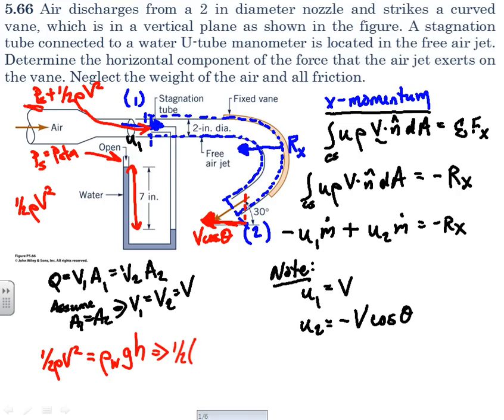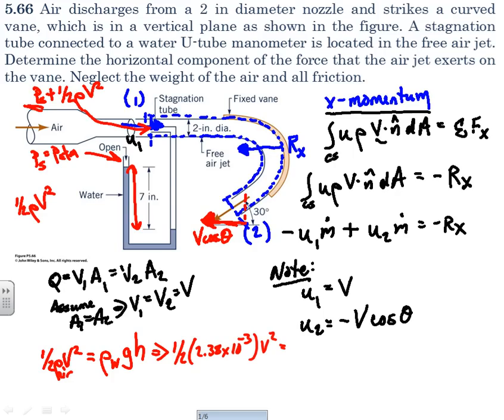1/2 times rho of air, the density, to be specific, this is the rho of air. That's the density of air because our flow is air, so that has the dynamic pressure, right? So it's 1/2 rho of air times V squared. And that is equal to the pressure developed by that manometer. The manometer fluid is water, so that has the water density. So we have 1/2 times 2.38 times 10 to the minus third, times V squared. And that has to equal